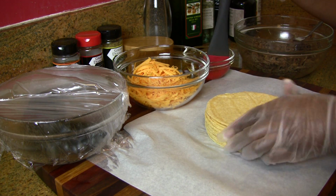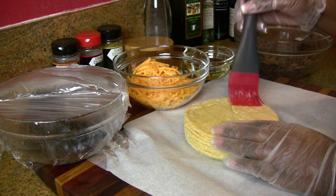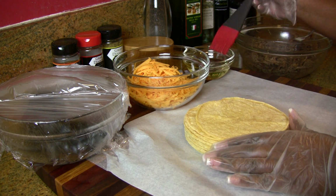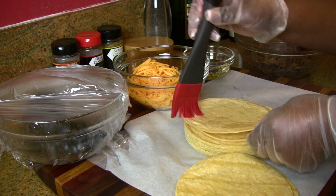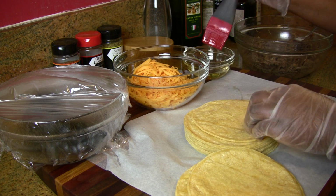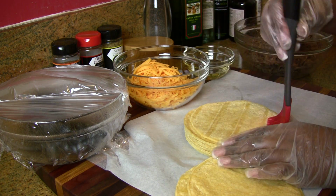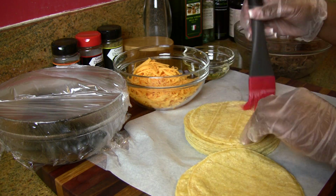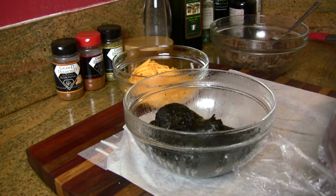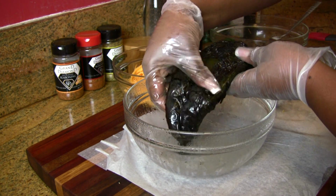So while that's sitting there, let's go ahead and get all of our tortillas brushed with a little bit of canola oil or vegetable oil on each side. So now we're prepping our tortillas. We're brushing them with canola oil or vegetable oil on each side. If you are a beginner and making taquitos is new to you, work in small batches of 15 or 20 because these are going to go in the microwave for about a minute. And once they come out, you need to roll kind of fast. So go ahead and put those in the